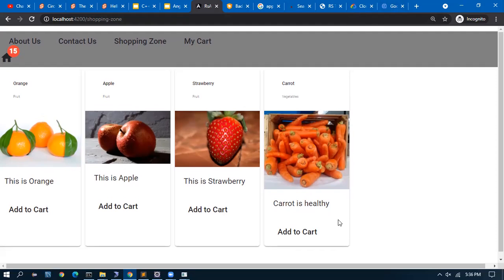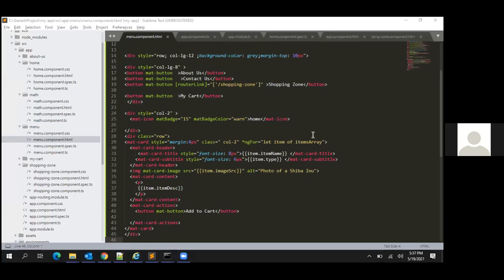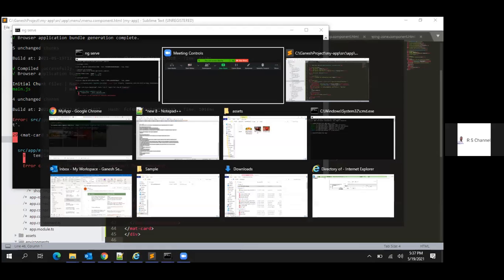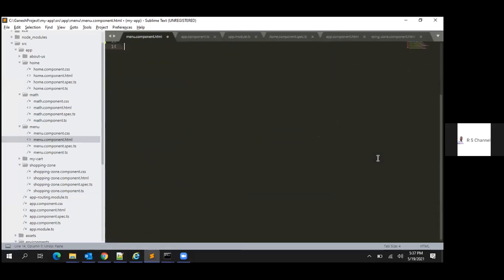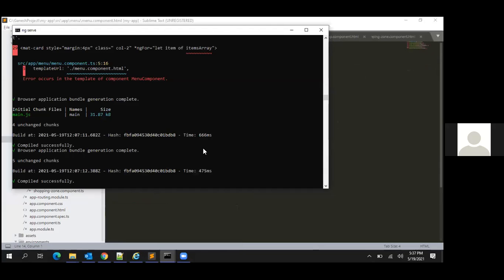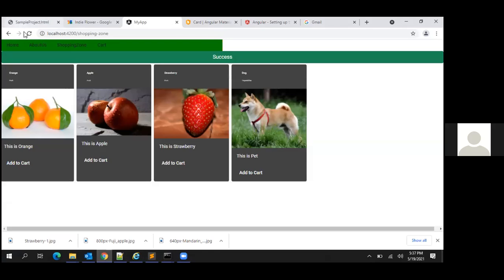Okay, Ganesh, so what's up? Ganesh, are you there? Yeah, Rajesh. Can you provide access to share my screen? Yeah, I provided. No, I'm not getting it. Can you try now? Yes. What is the error? Items array. Wait. The last one is not yet completed. Till this I have completed. It is working.